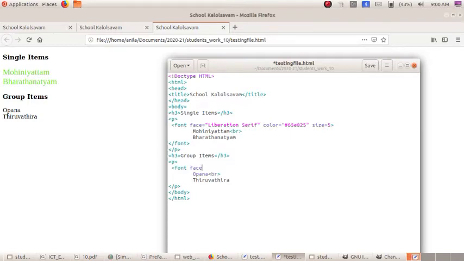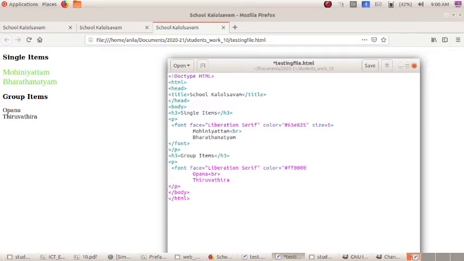Face equal to, put a quotation mark, then liberation serif, then close that quotation mark. Type color equal to quotation mark, then put the hash, you can type the color.